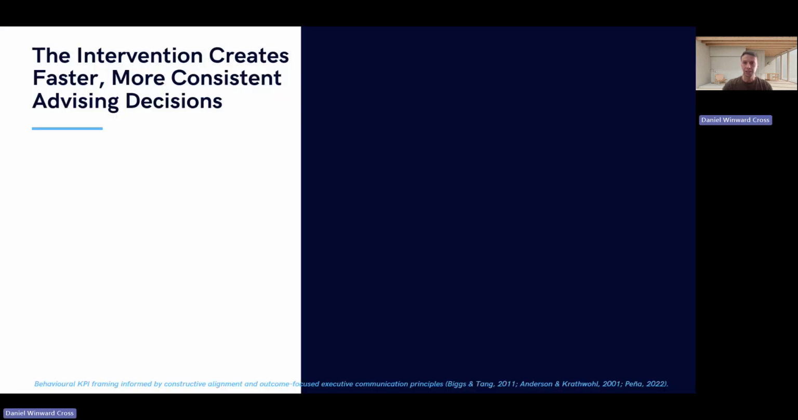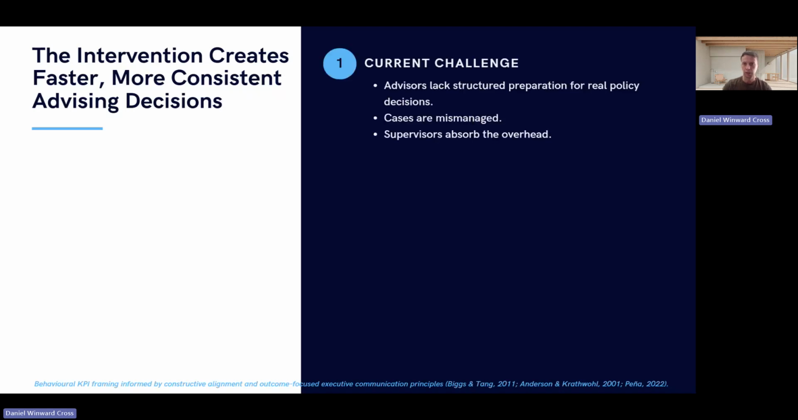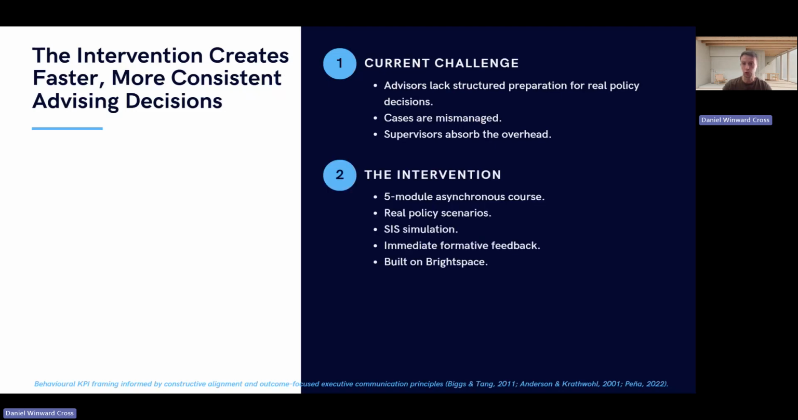The intervention is designed around the actual advising decisions that staff need to make in practice. The challenge is not access to policy documents. The challenge is applying policy correctly within real student cases. So the course uses real policy scenarios where learners classify pathways correctly, apply institutional procedures, and work through simulated advising